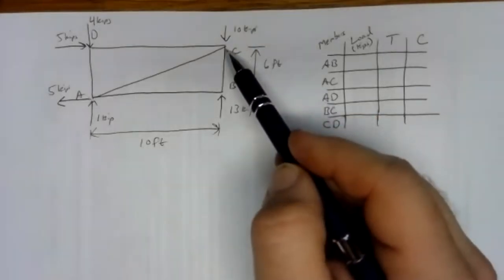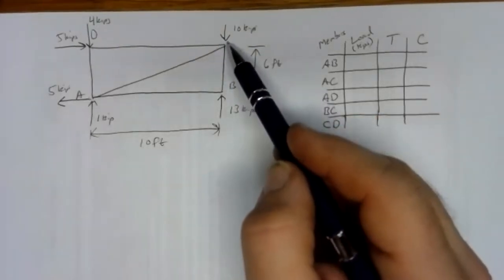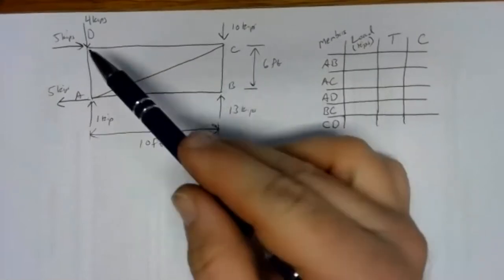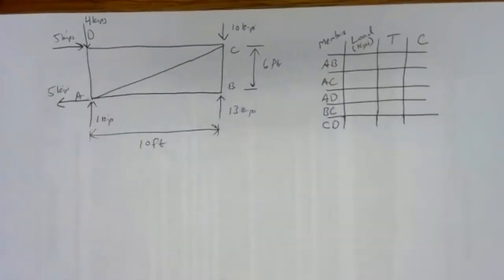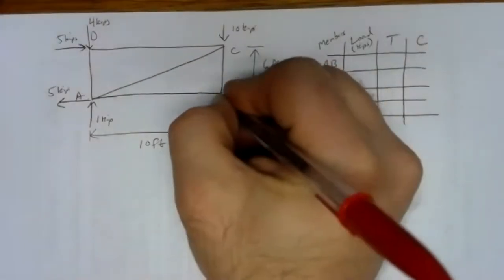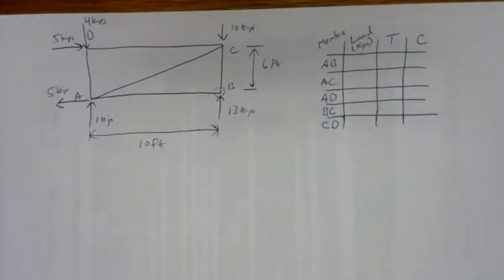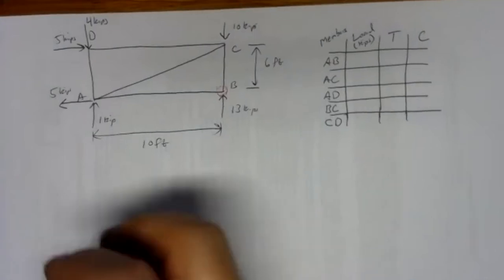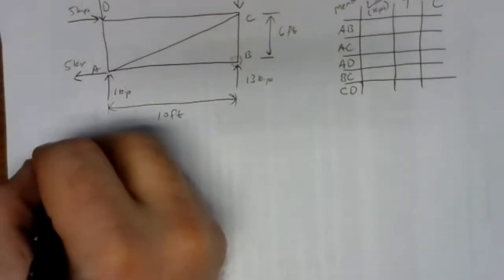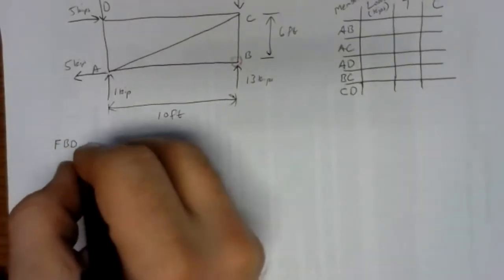So we have to jump to a different joint. C isn't going to work either for the same reason. C has 3 unknowns at it. So we could go to B or we could go to D. And B looks slightly easier to me, so I'm going to start there. The way we draw our free body diagram is the same way we've drawn all of our free body diagrams. Draw a little circle around what you're interested in. Anything that touches that circle or crosses that circle or penetrates that circle has to be represented in the free body diagram. So down here, I'll draw the free body diagram for joint